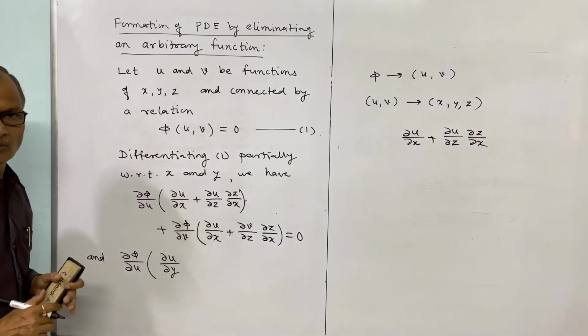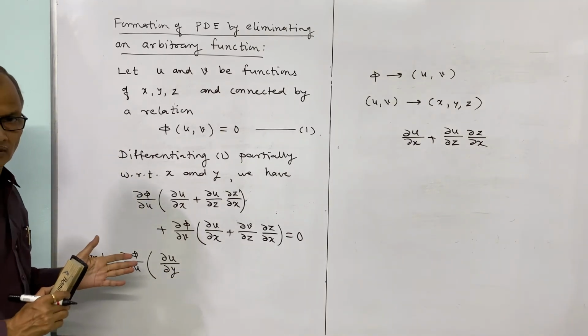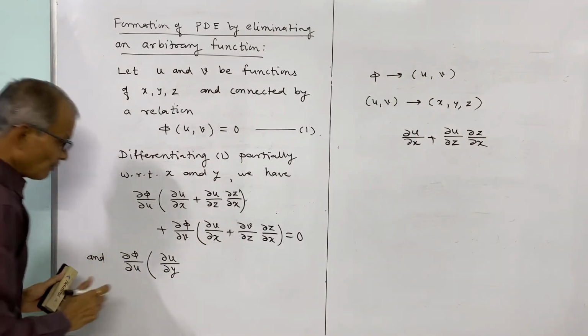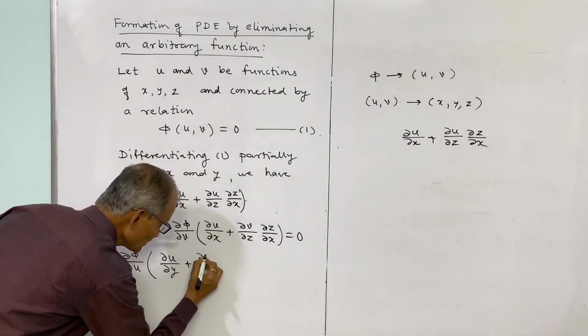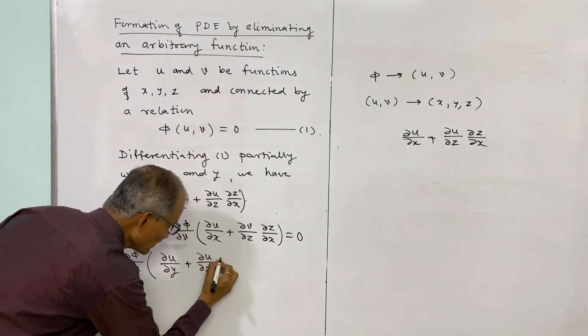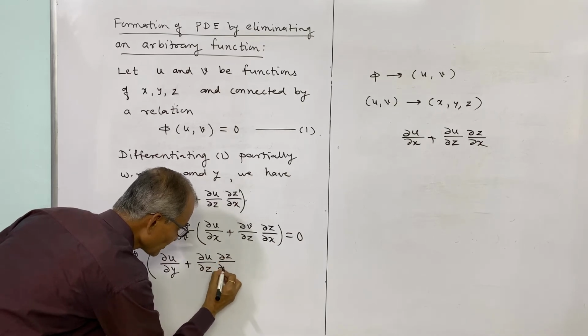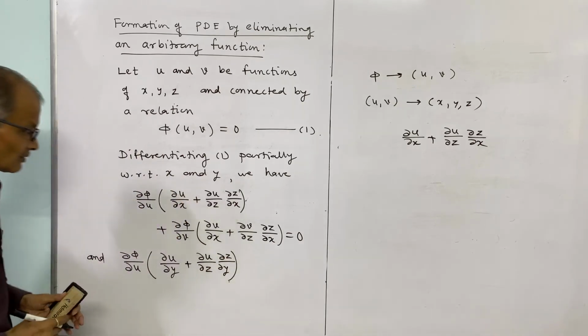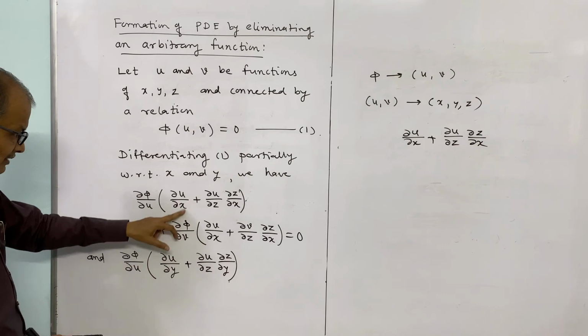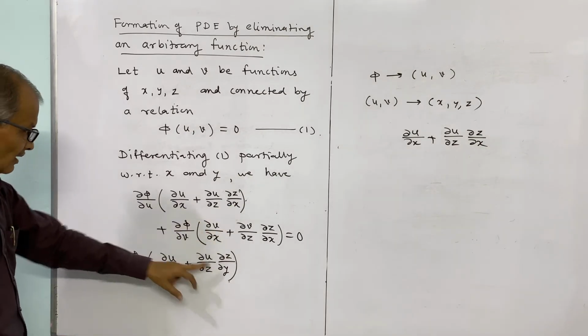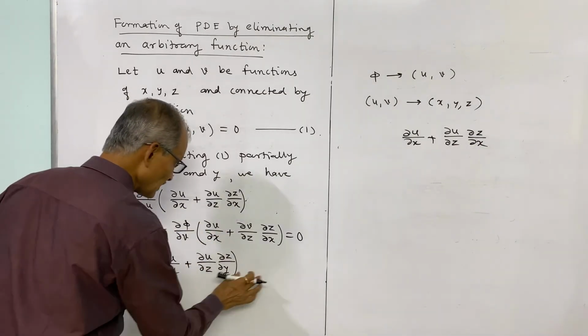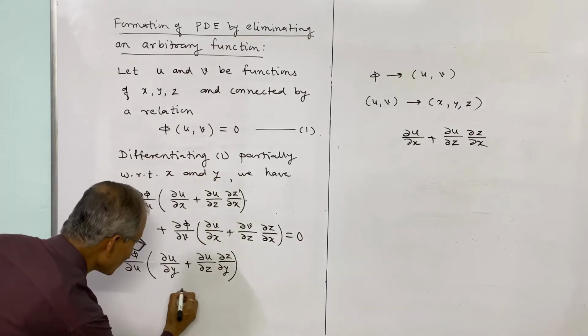X is to be treated now as constant, so ∂u/∂x will be 0, plus the partial derivative of u with respect to z into the partial derivative of z with respect to y. So see, in place of x there is y, and plus the second part, again the second part I should write here, plus